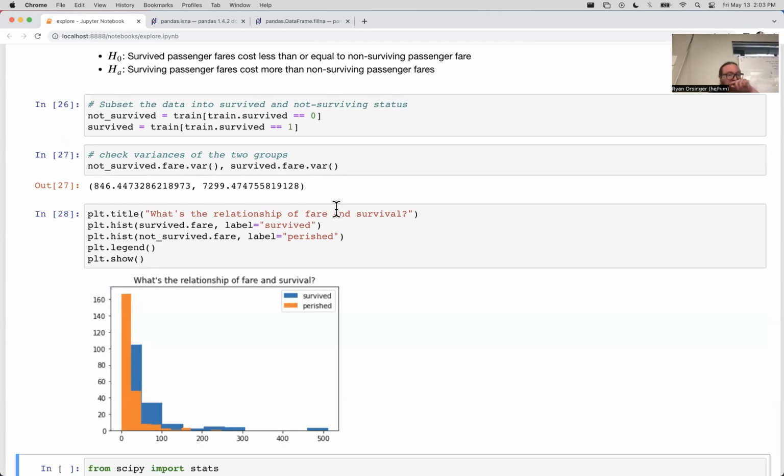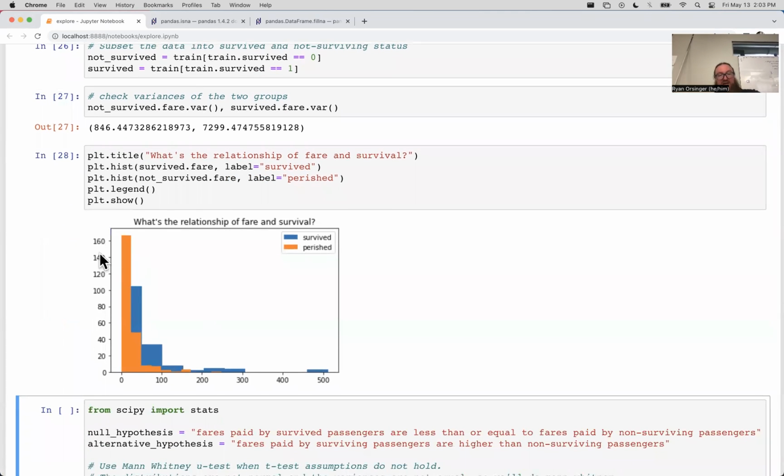So if I just visualize these two things, the fare and the survival rate, what we're looking at is the histogram of both of these. I can't really tell very much from this histogram. The orange is on top of the blue.